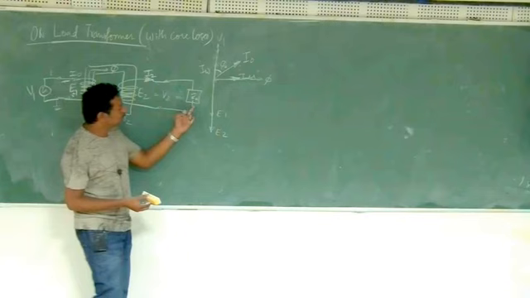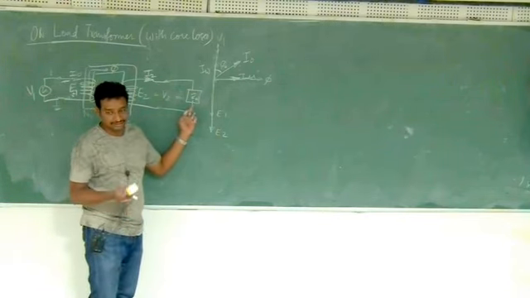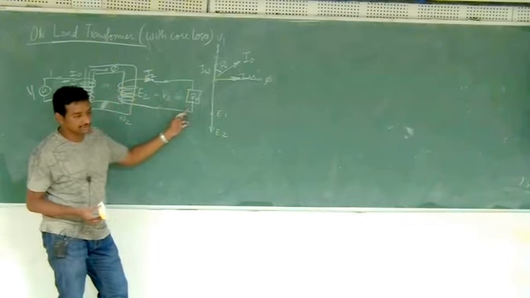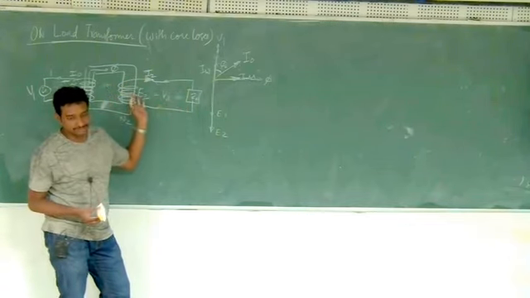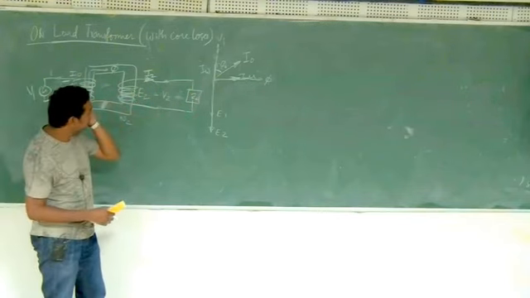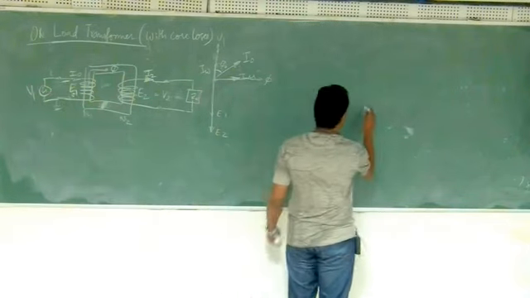Okay, let's say this load is an R and L. Okay, inductive load is there, then I2 will be lagging V2. If I connect R and C, then I2 will be leading V2. So nothing to do with the transformer, it depends completely on the load. Okay. So now if I want to show it in the diagram, I'll draw it neatly here.